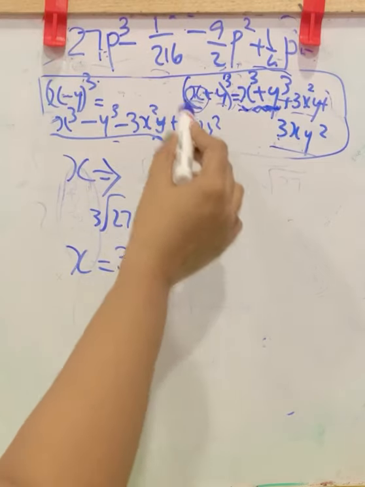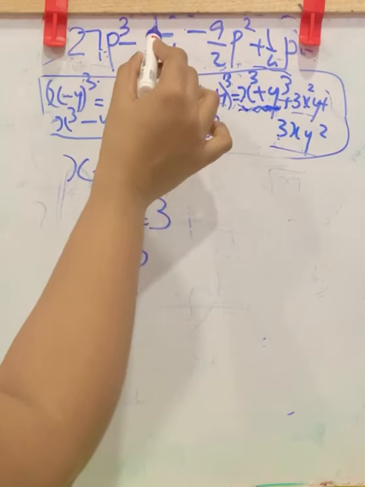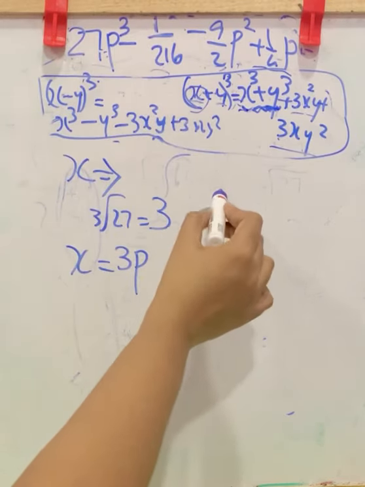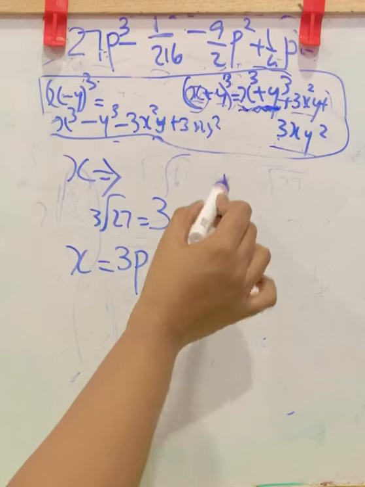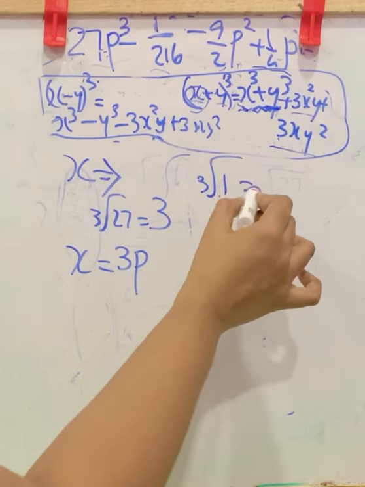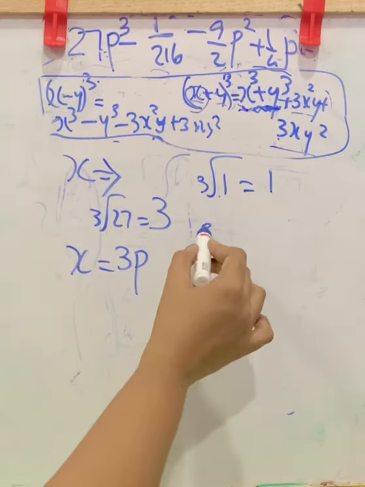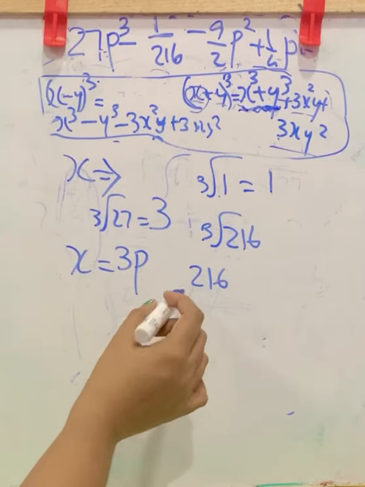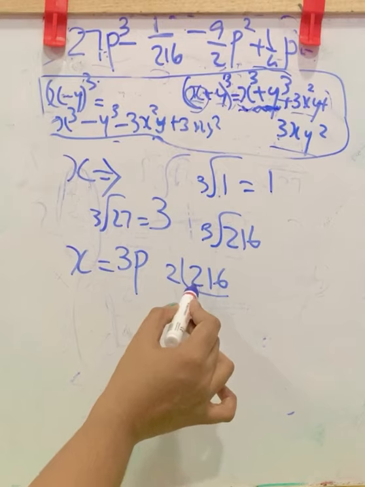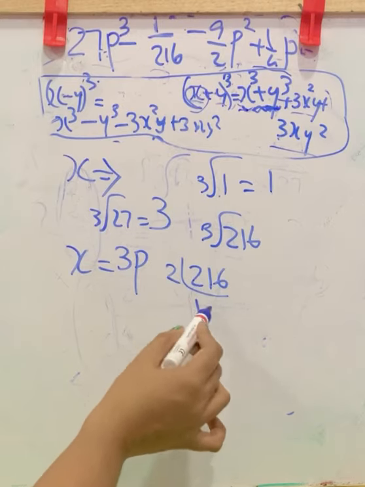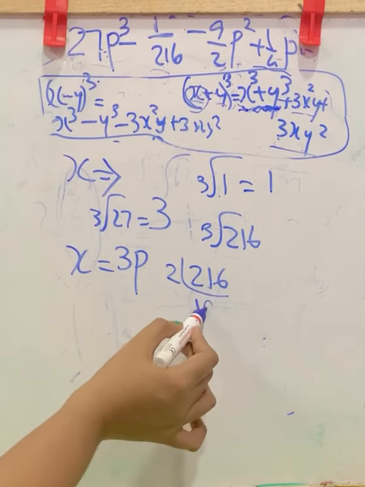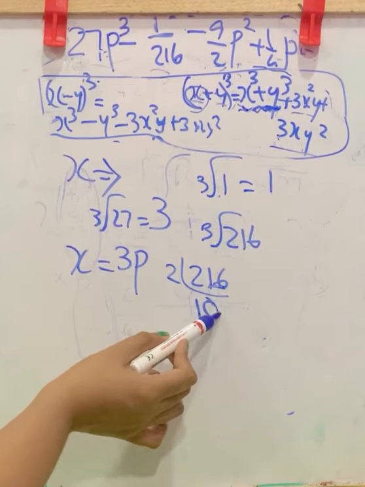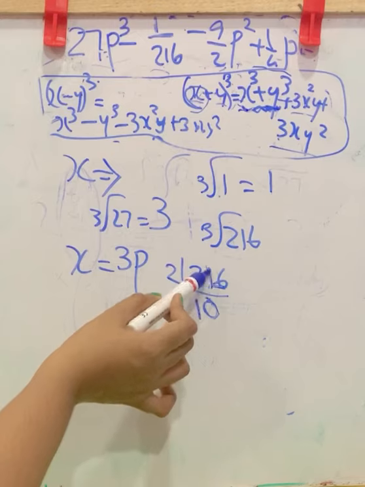Now for y, this is a fraction. You want to take the cube root in numerator and denominator. So cube root of 1 is 1. Cube root of 1 is 1. Now cube root of 216, that is denominator, you want to factorize it and find 2. 1 2s are 2. In 1 you can't divide it with 2. So put a 0 here and make it 16. Here you want to put the 0 to show that it is not divisible by 2.